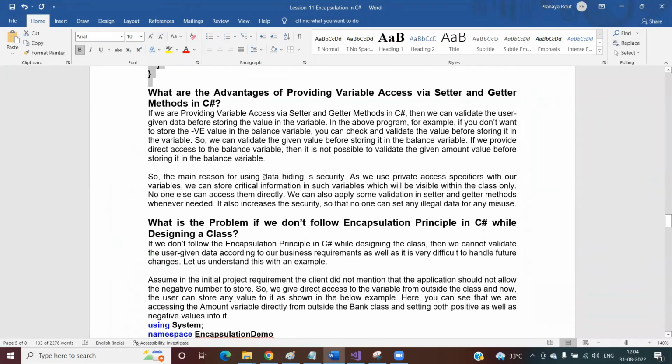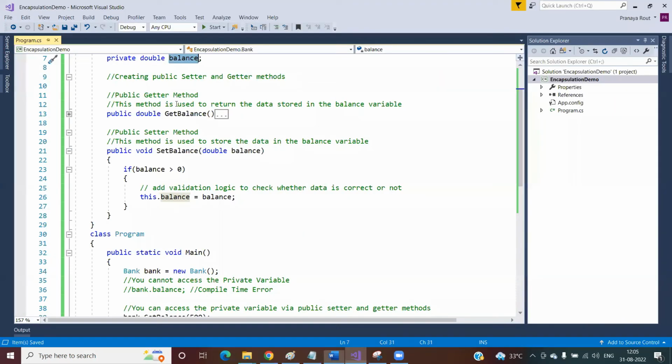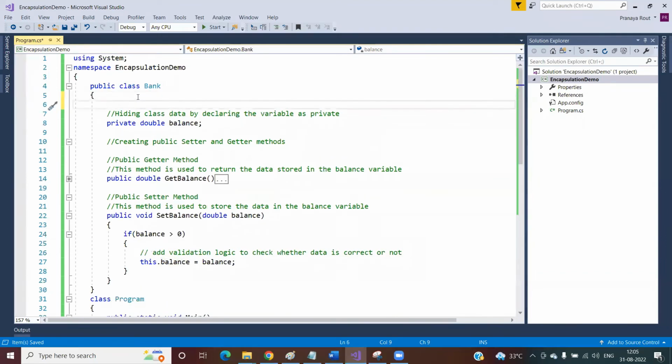So the main reason for using data hiding is security. What does security mean? As we use the private access specifier with our variables, we can store critical information in such variables which will be visible only within the class. No one can access them directly. Suppose I'm creating some critical variable here, a private integer, some security number. So what I'm storing in this variable,